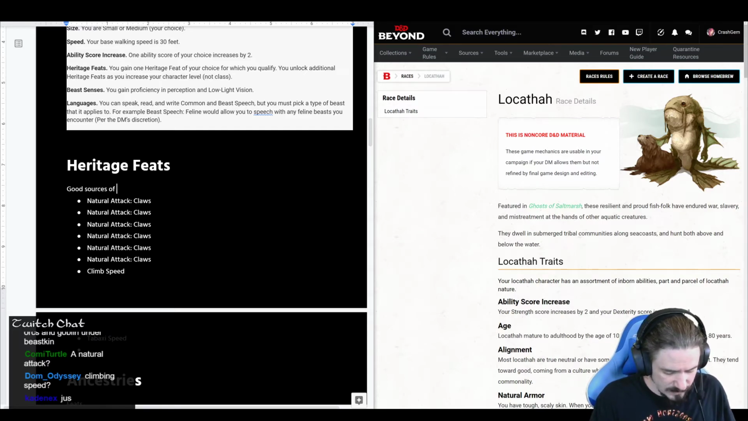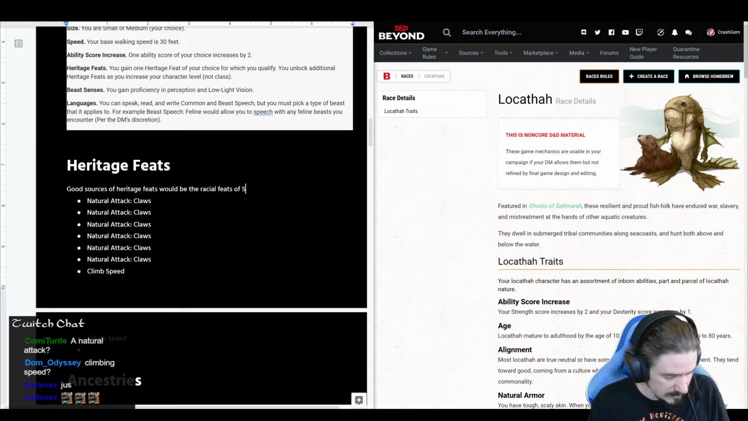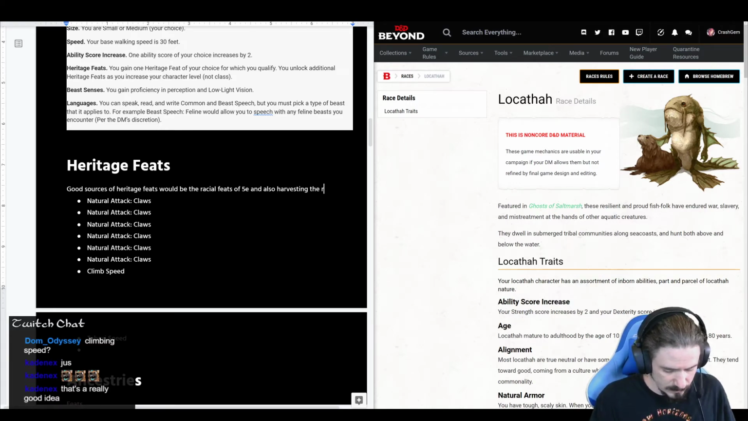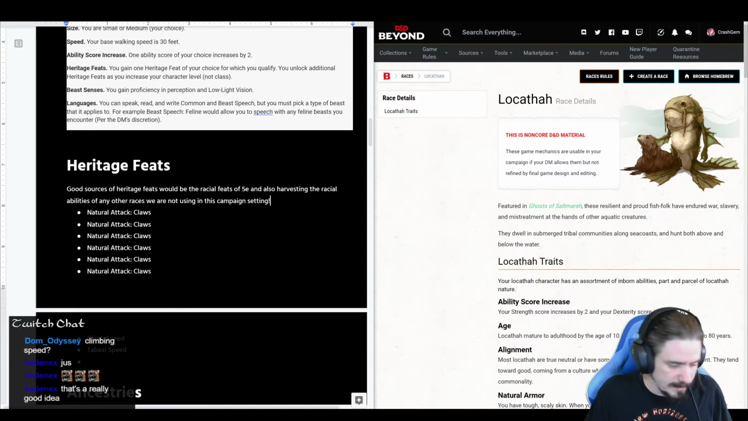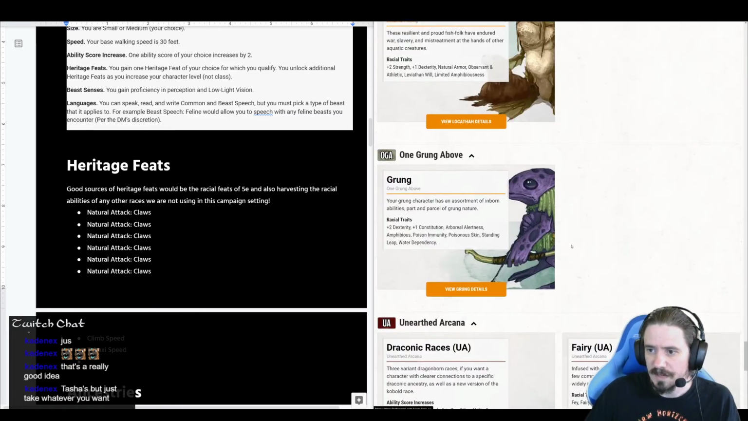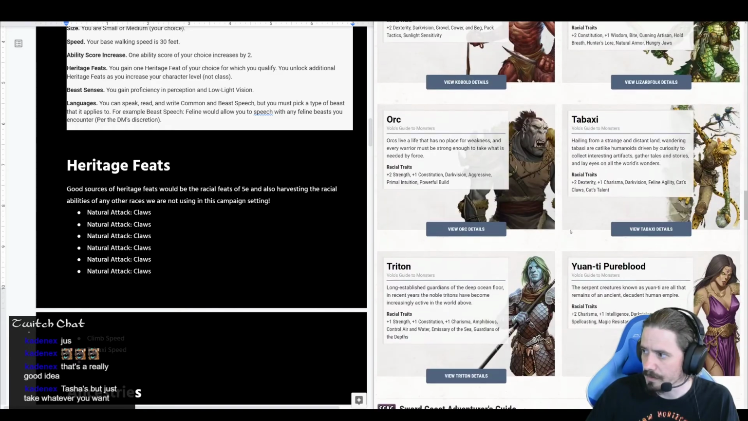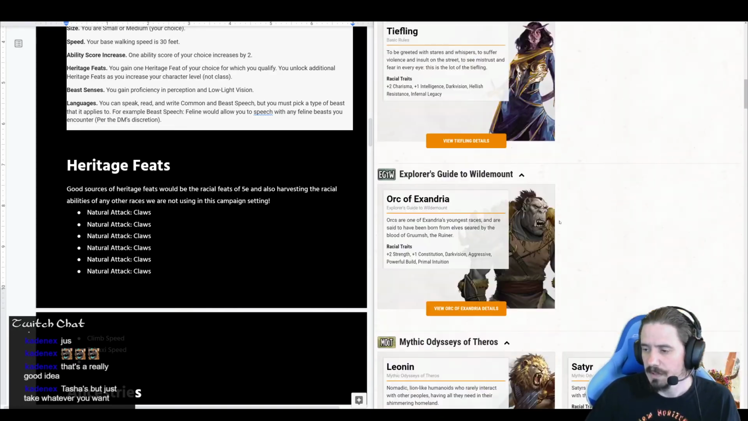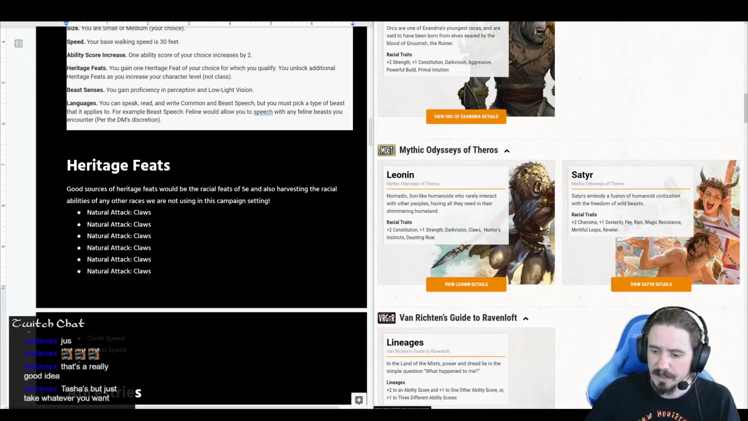Good sources of heritage feats would be the racial feats of 5e, and also harvesting the racial abilities of any other races we are not using in this campaign setting. So we'll just take everything that's here, and this is how we'll generate our heritage feats. We'll go through and take all these out and be like, okay, let's see, we